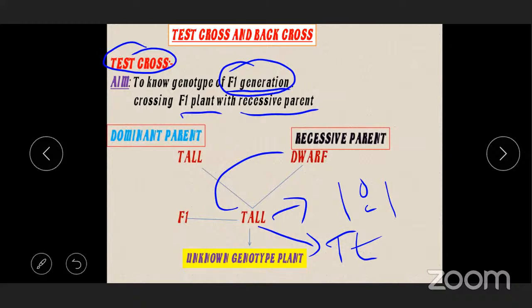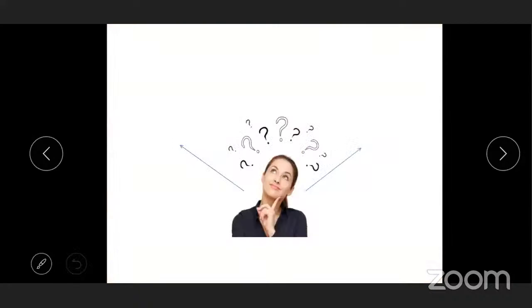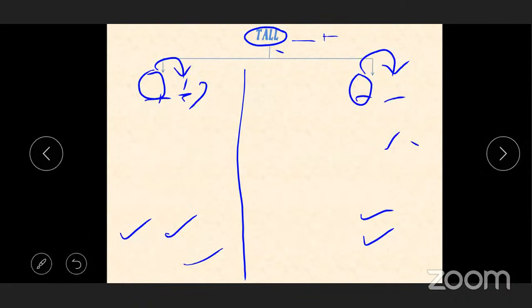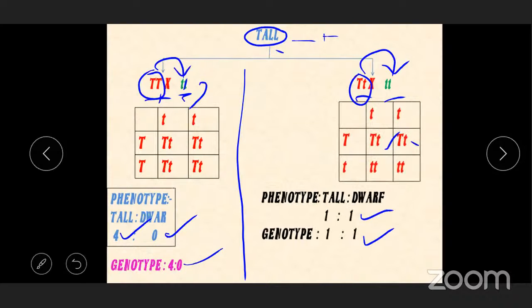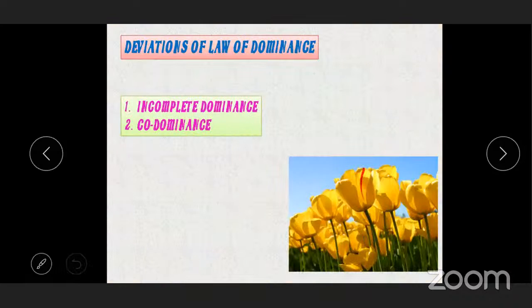What is a test cross? To know the genotype of the F1 generation, crossing the F1 plant with the recessive parent. By this we can easily identify the genotype of this F1 plant. So like this, this is about phenotype and genotype in a test cross in two situations. Okay. Now, next topic. Deviations of the law of dominance, or exceptions to the law of dominance, which means in some situations,